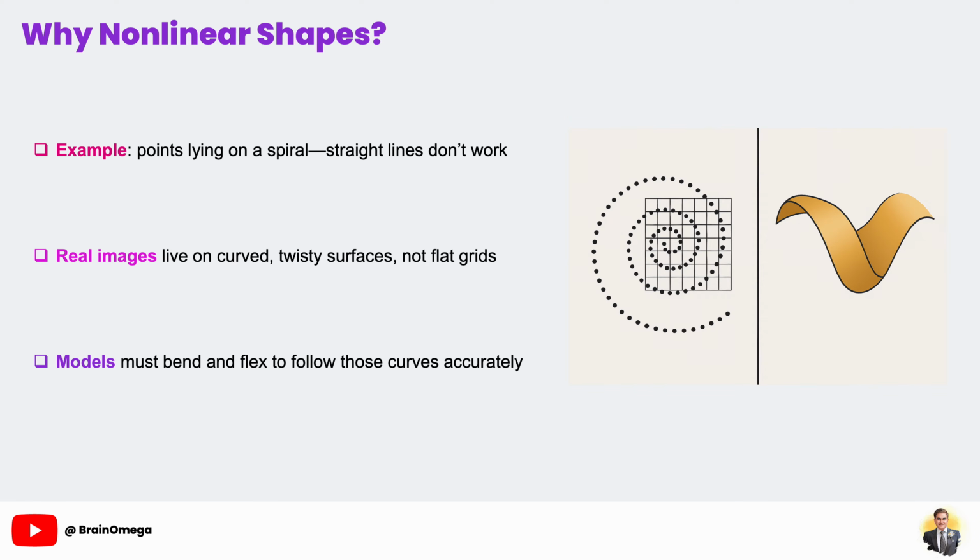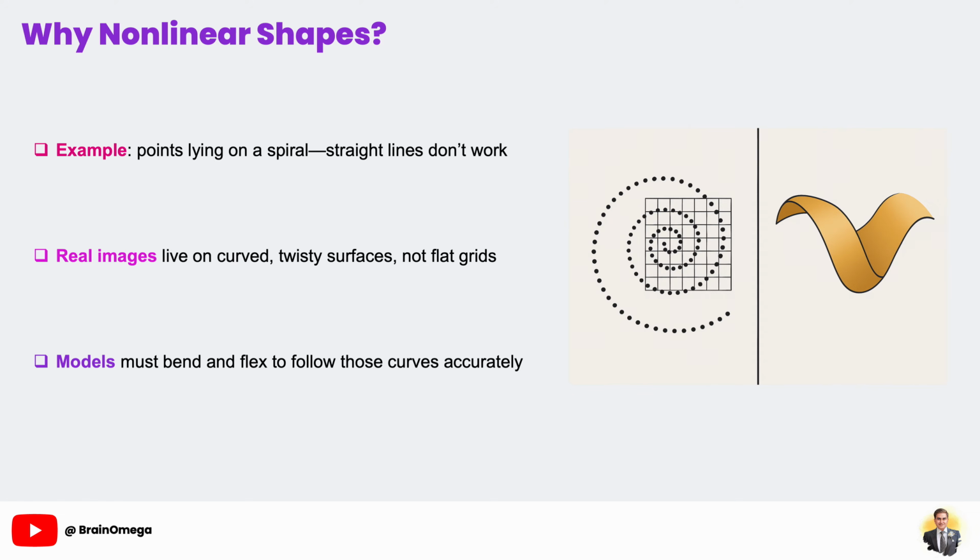Now you might be tempted to ask, why do we call it nonlinear? Why not just draw a straight grid across that sheet? To illustrate, picture points arranged in a perfect spiral on a piece of paper. If you try to lay that spiral flat onto a straight line, you have to cut, tear, or stretch. You can't do it without distortion. That spiral is inherently a curved structure. Real-world images behave similarly. For example, consider all photos of human faces.